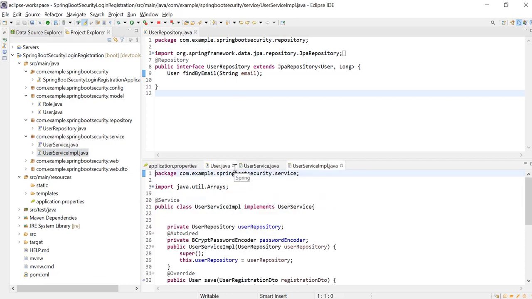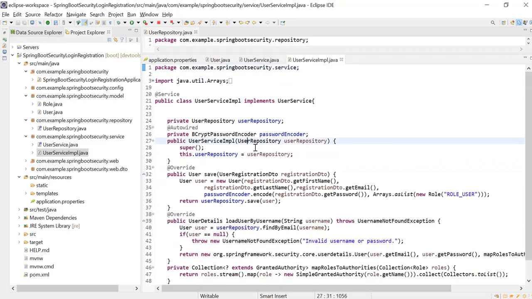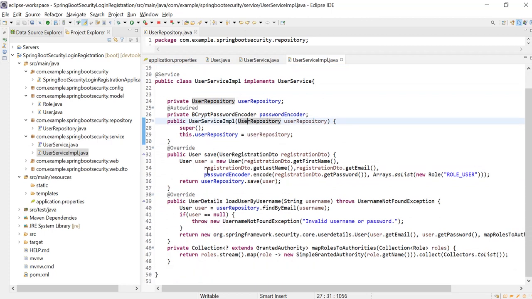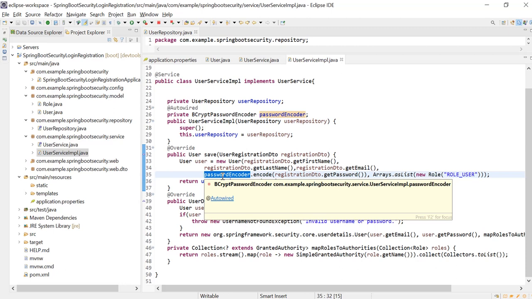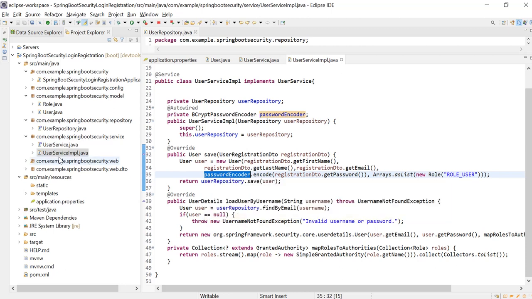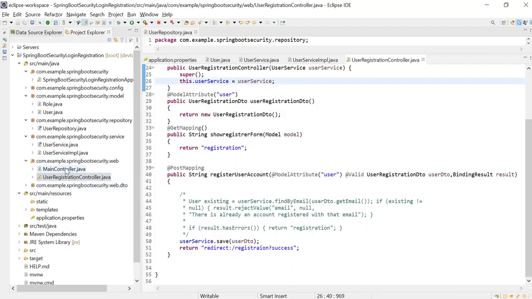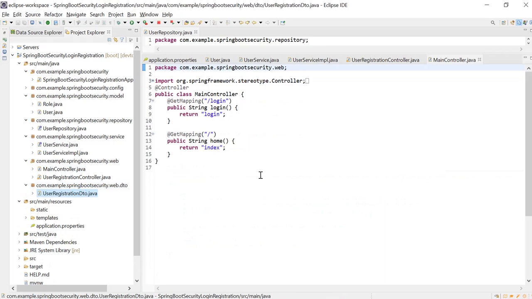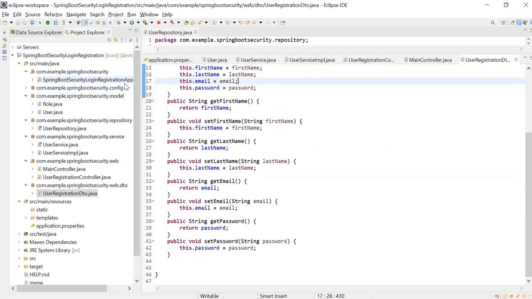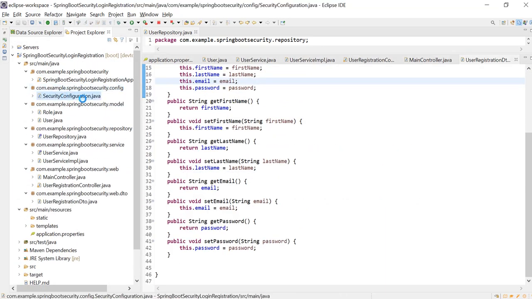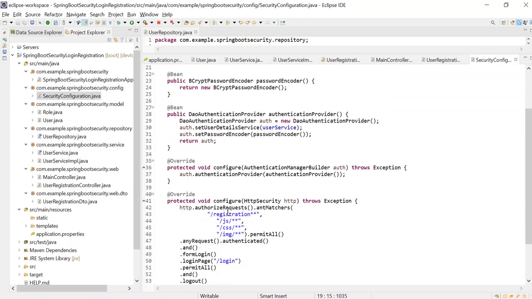Here you can see this password encoder. I used BCryptPasswordEncoder, which you can see in the security configuration.